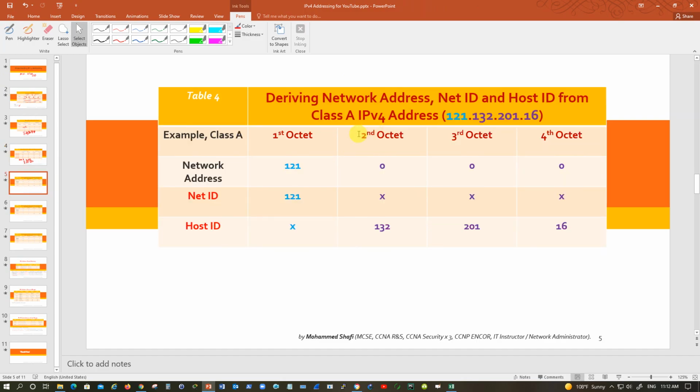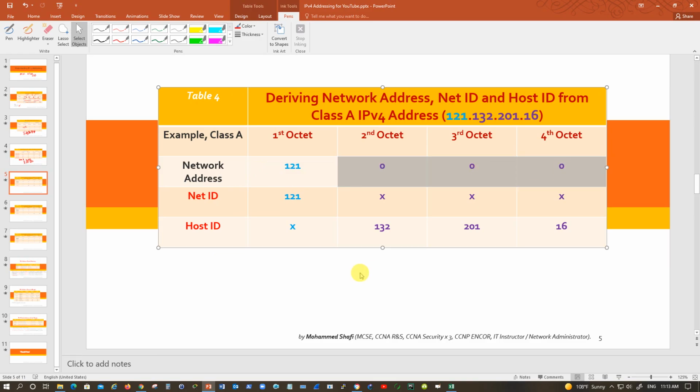Now you can see in any given IP address, such as class A, if somebody asks you to write down the network address, the net ID and the host ID, you can easily write it down like this. Remember, a network address is an address wherein the net ID is as it is, but all of the host IDs will be zeros. That is the definition of a network address. Net ID as it is, host ID all zeros, represents the network. So this is the network